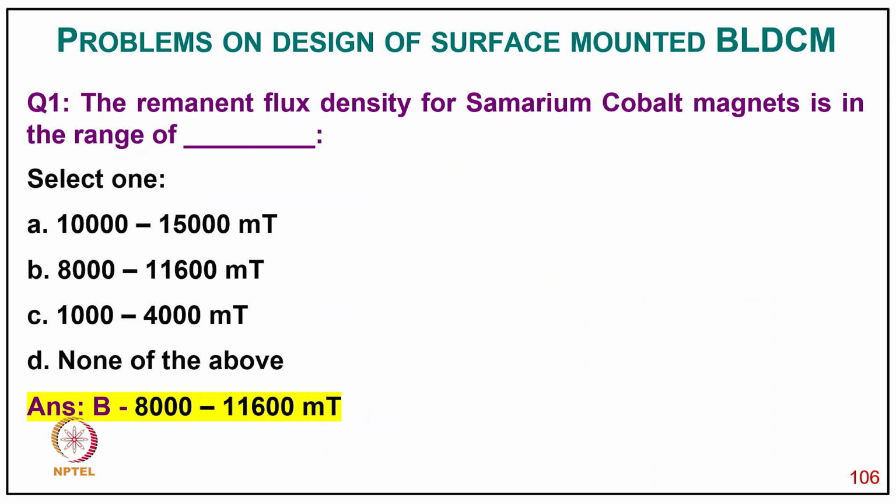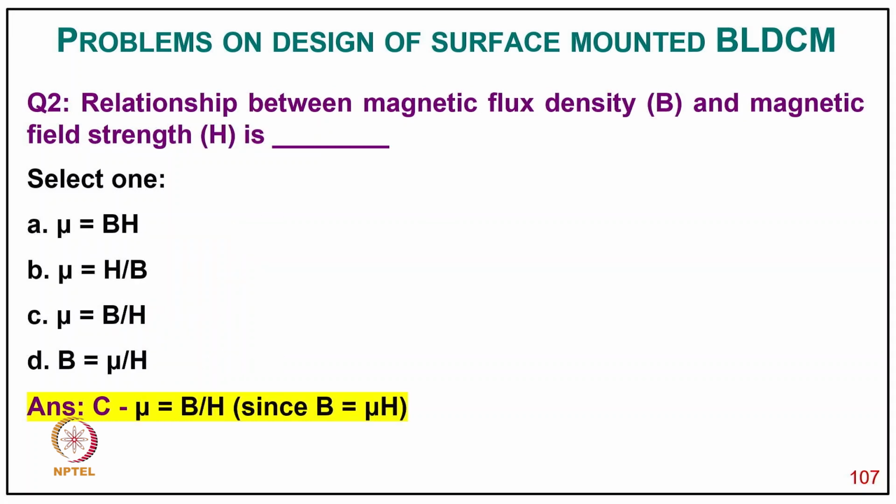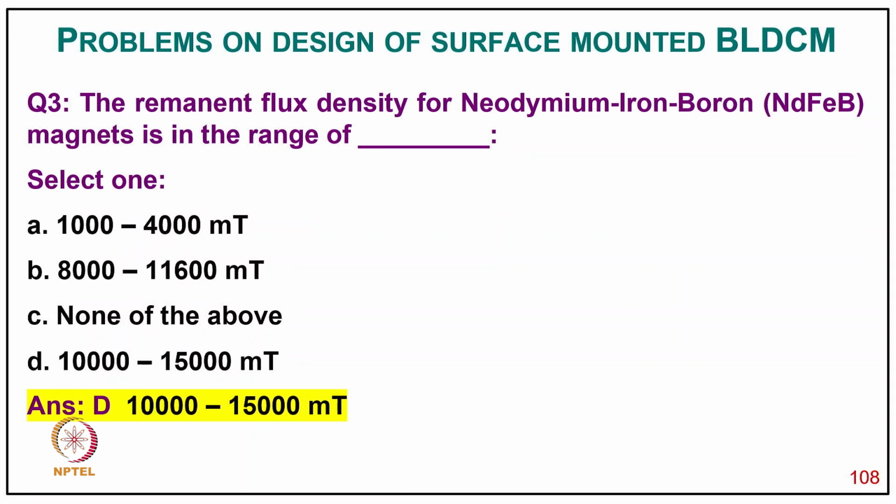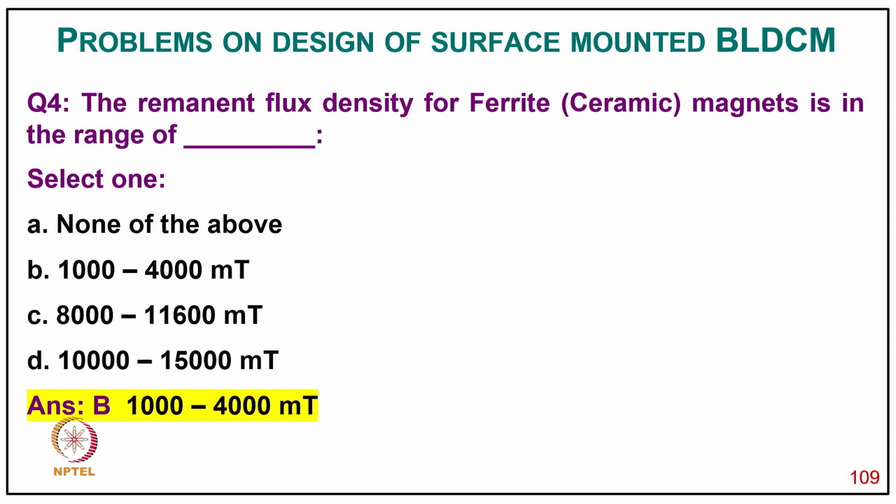So question was remnant flux density in samarium cobalt magnet is given in the range of 8000 to 11600 millitesla, and relationship between magnetic flux density and the magnetic field strength H is, the answer is C, mu 0 equal to B upon H, and the remnant flux density of neodymium iron boron magnet is in the range of D, that is 10,000 to 15,000 millitesla, and the range of remnant flux density in ferrite magnets is 1000 to